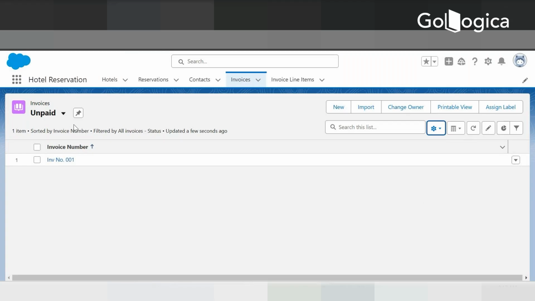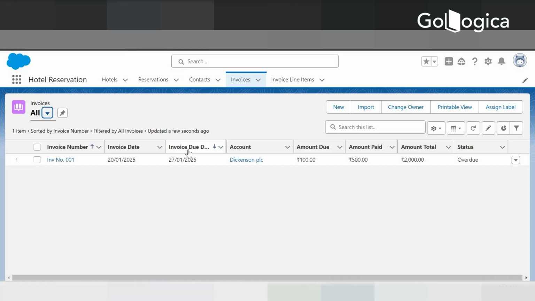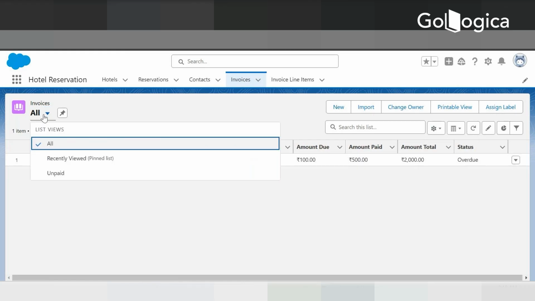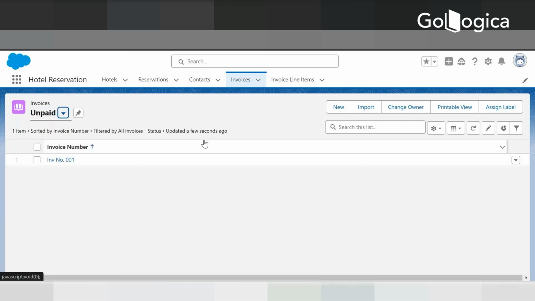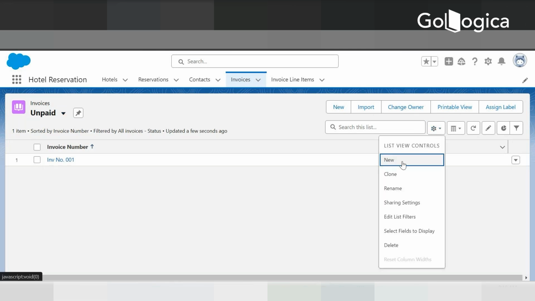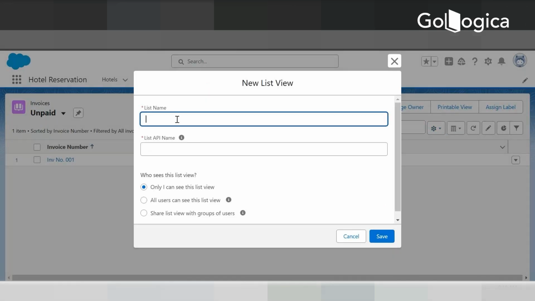So I've created a filter for unpaid invoices, which I can see. So I don't need to go and search what are the unpaid invoices in the list, as there could be hundreds of invoices. I can just select a filter, and I can see whatever unpaid invoices I have. I can also create one more which says, say,